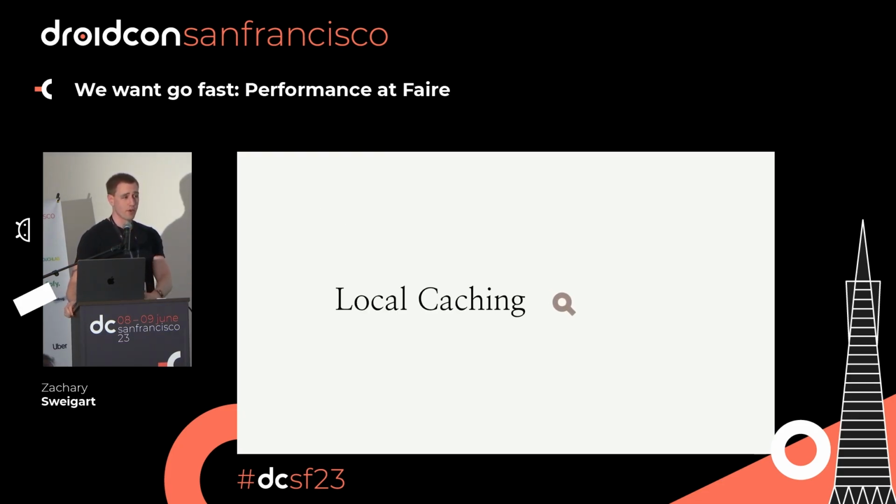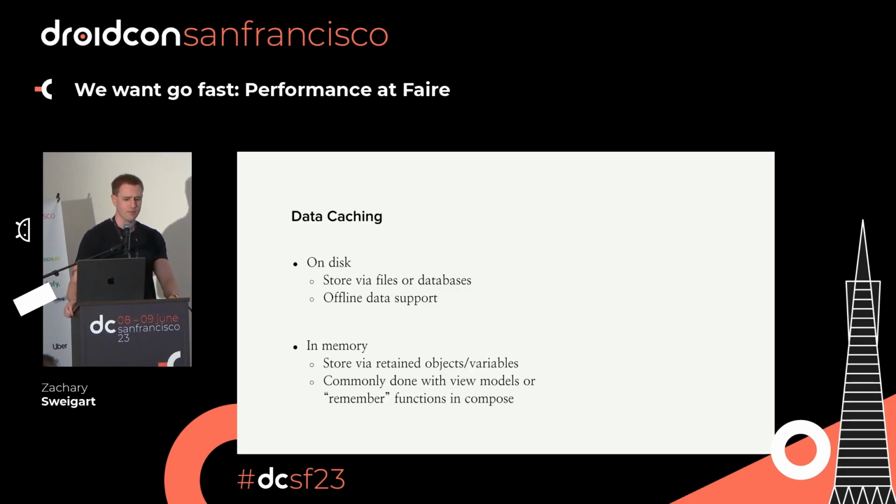On top of network caching, you can also do any sort of local caching. And local caching can be done on disk, in files, or a database, which would enable offline support, unlike network caching. Or you can do it in memory. Anything you store in an object that is retained is technically a cache. And this is commonly done with view models or remember functions in composables. At the base level, anytime you declare a variable and put something in it, you've cached that value for some